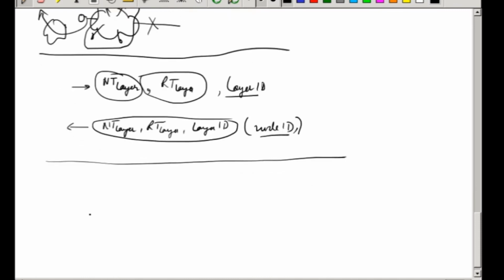Sometimes there is one optimization which can be done, which we have not thought about. As of now we are planning to send, for each layer separately, the neighbor table and routing table both. But certain entries are common to multiple layers. So the same entry exists in layer 1, layer 2, layer 3. I can combine these and basically compress. So we can additionally put a compression of data.